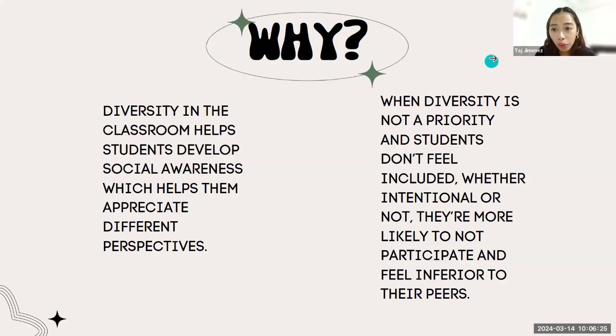people. Furthermore, when you don't prioritize diversity, students who tend to be a little bit different from the usual norm won't feel as included, and therefore they are less likely to participate in class. So whether it's intentional or unintentional, students will have this kind of reaction to a class where they don't feel accommodated, or where they feel, in simple terms, bored. So if children are starting to feel bored, that means their way of thinking is not being accommodated in the